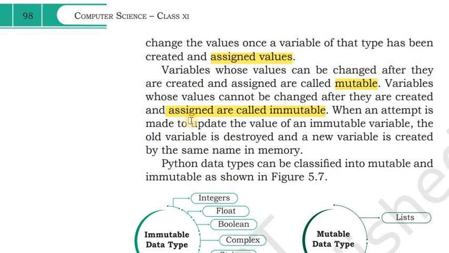When an attempt is made to update the value of an immutable variable, the old variable is destroyed and a new variable is created by the same name in memory. So this is a special case.